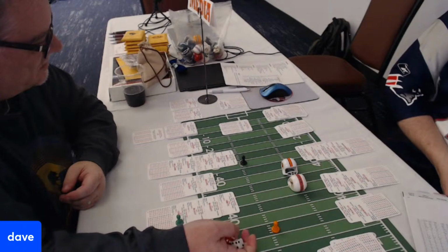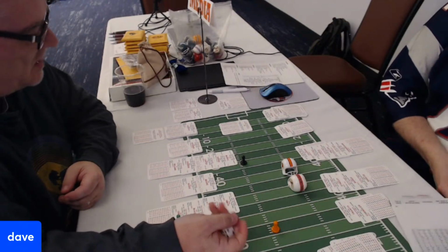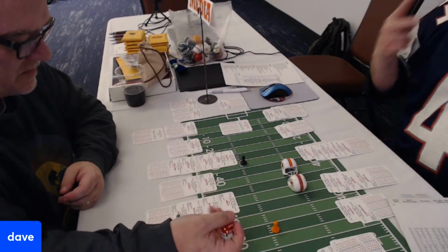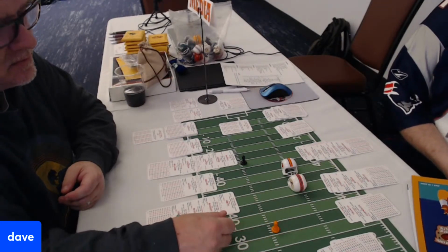We're going to go medium pass from 31 to the 50. And if he were a C, then it would be a B. It would stay B, because to reduce it, it has to be two grades. Yep. And I think actually in the master book,